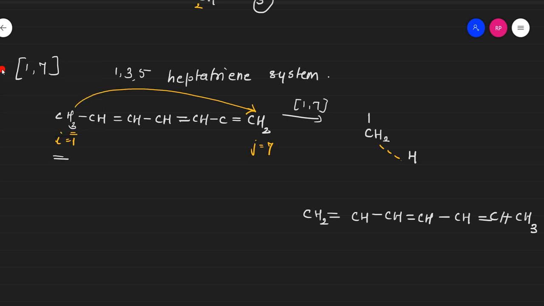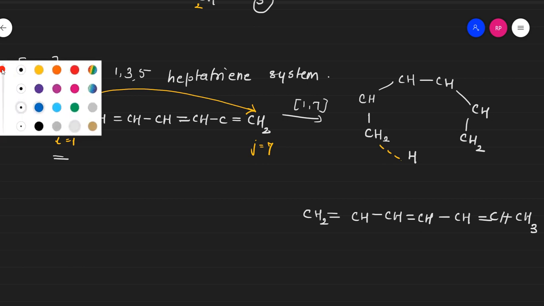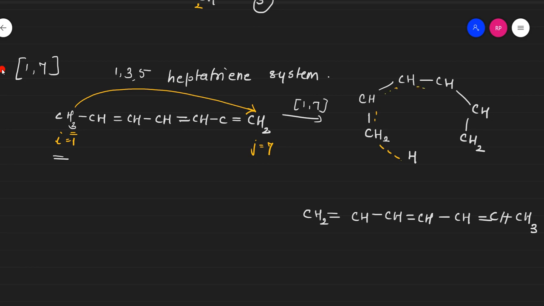Now, if you want, you can first write it this way. Write all the 7 carbons first, then show the dots and everything. Okay. Now, new bonds, old bonds. It's simple. Just show a dotted line, because everywhere a new bond or old bond formation is going to take place. 7 cyclic transition state, right? Let's count.